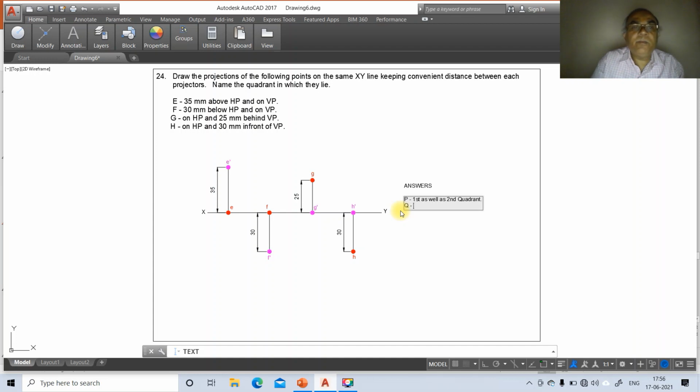Capital Q below HP and on VP. Below HP means third as well as fourth quadrant. Then capital R on HP behind VP.